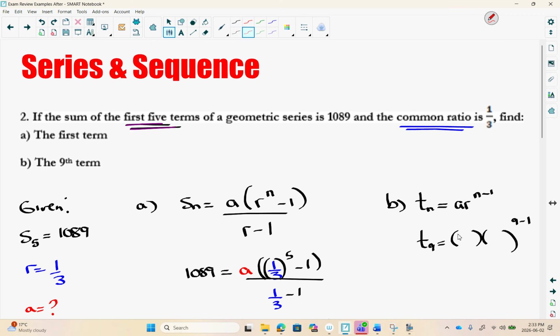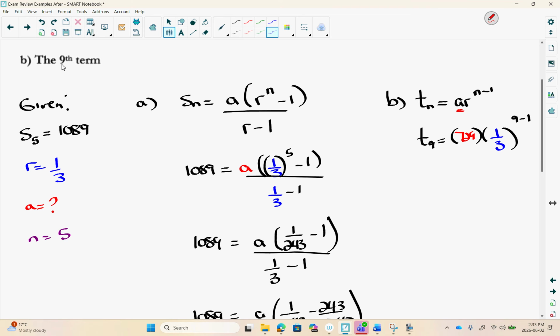So I have 729, that's the first term, and I have a common ratio of 1/3. The 9th term means that N would be 9. Solving, I get T9 equals 729 times 1/3 to the power of 8,